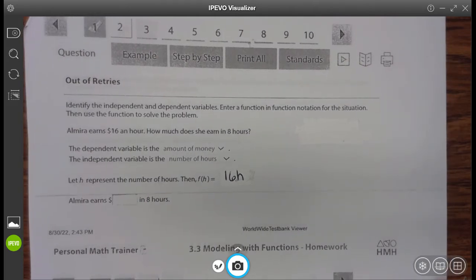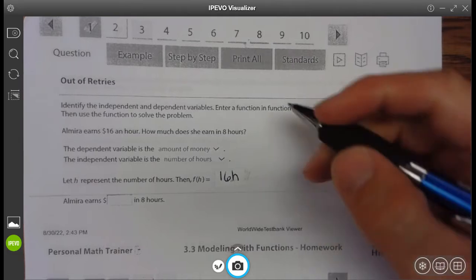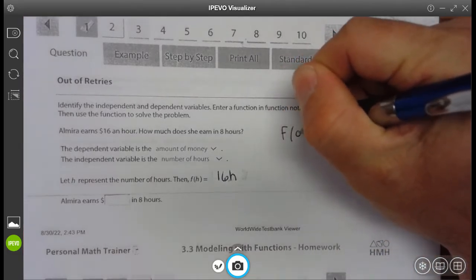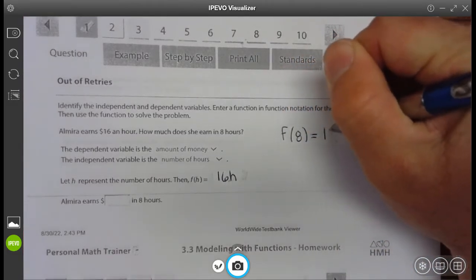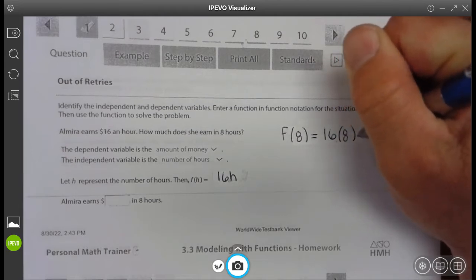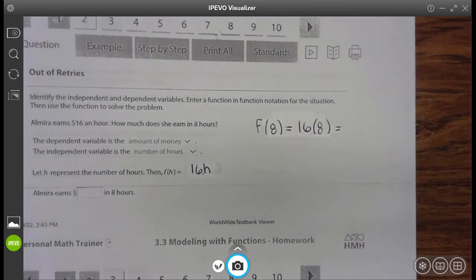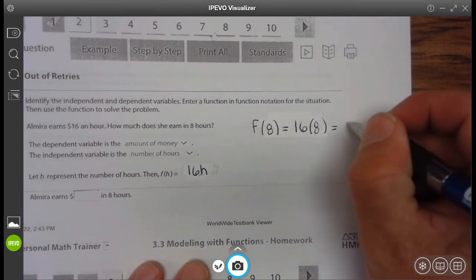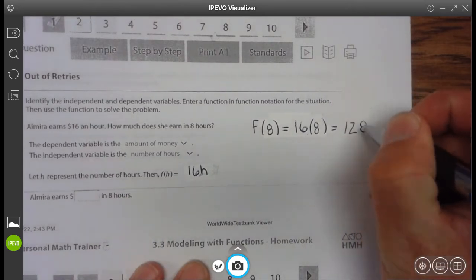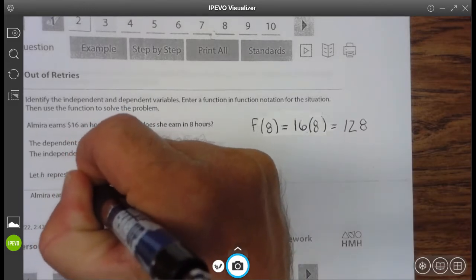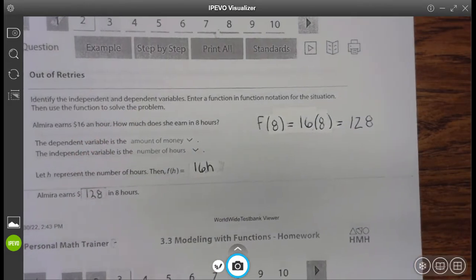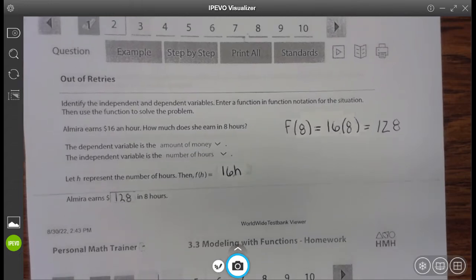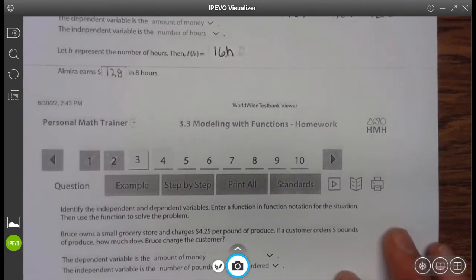So, to find out how much Amir earns in 8 hours, we have f of 8 equals 16 times 8, which equals 128. All right, going to finish up example 2. All right, let's take a look at